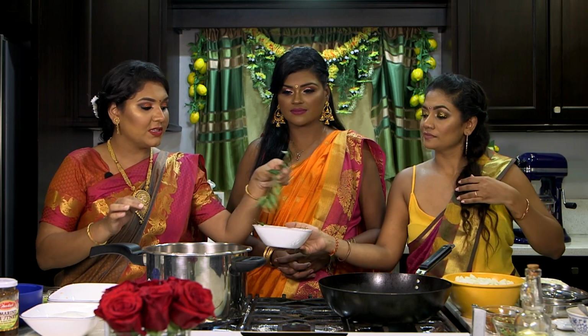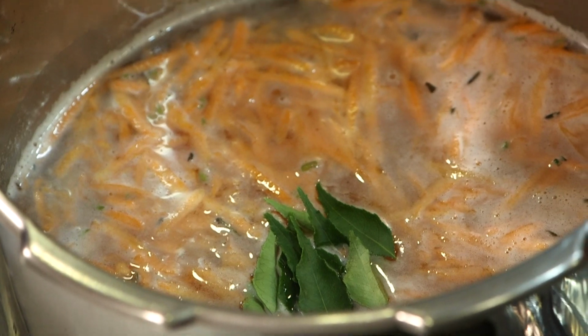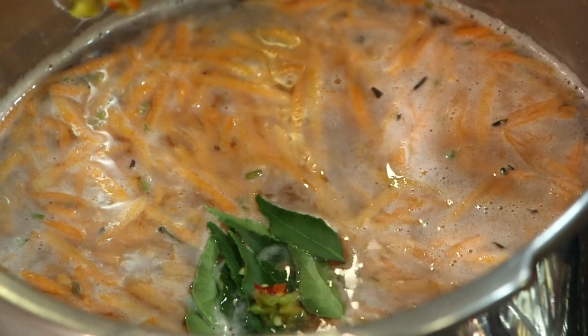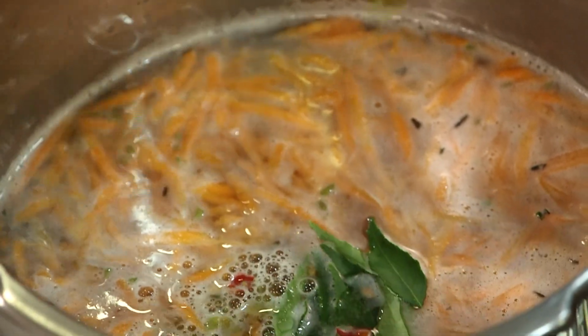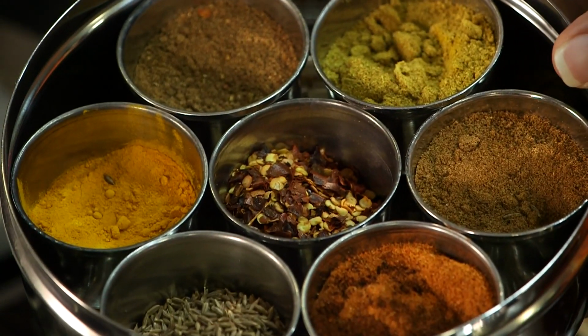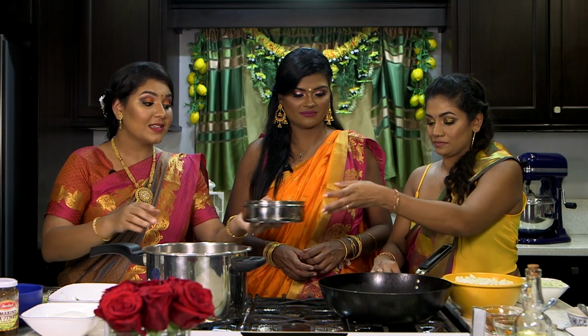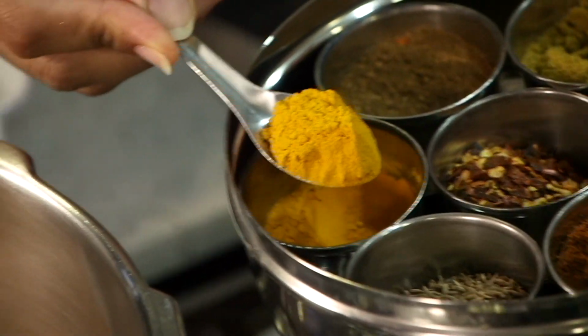I'm going to add just about 5 or 6 curry leaves, and this is going to add a rich aroma and flavor, a certain astringency to our sambar. I'm adding 1 teaspoon of chopped pimento peppers, and pimento peppers will give us a lot of flavor with no sting. In our daba or masala pot, we have a variety of Chatak spices that's going to add aroma, flavor